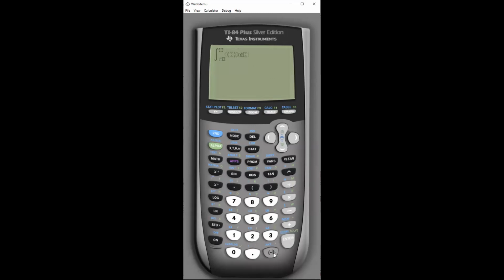And the integral from -2 to the upper limit, which was 0.782. And the function is ln of x plus 3, close parentheses, minus x to the fourth power